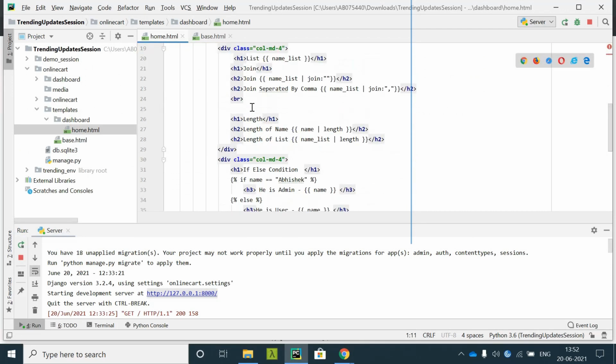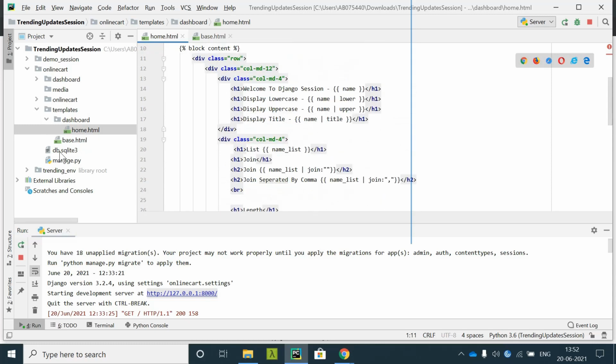Now how do we do that? Now login and sign up are the things which are part of the user app. Now we'll create a separate app to maintain all the user authentication, user sign up, user logout. All these things we will keep in the separate app, so that we will keep all the things isolated.